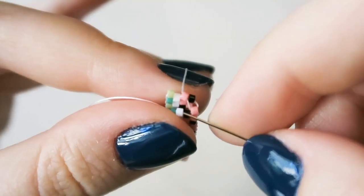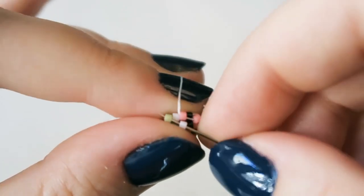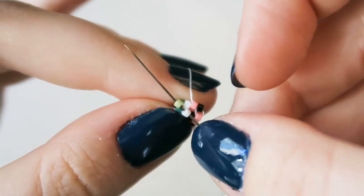Then you're going to go through the other pink bead on the opposite side, and once again zigzagging back and forth. So go through the white bead and the light pink bead and pull that all nice and tight and together,